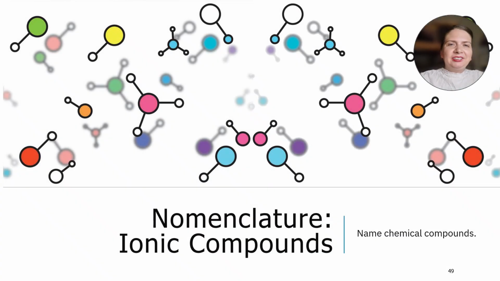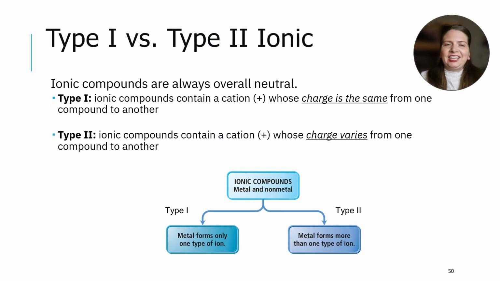Now we will discuss nomenclature for ionic compounds. Ionic compounds can be divided into two categories, type 1 ionic compounds and type 2 ionic compounds. In all ionic compounds, the overall charge is zero. The difference between type 1 and type 2 ionic compounds depends on whether the cation has a consistent charge in